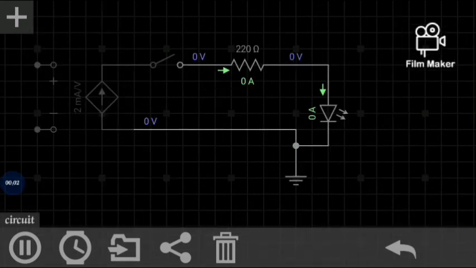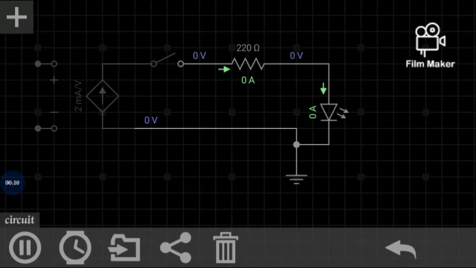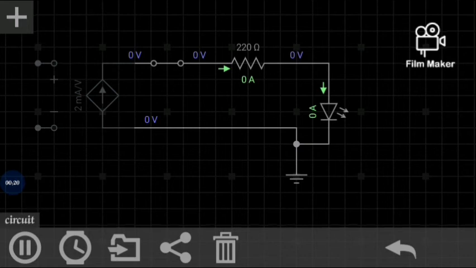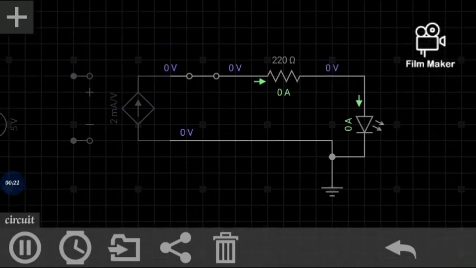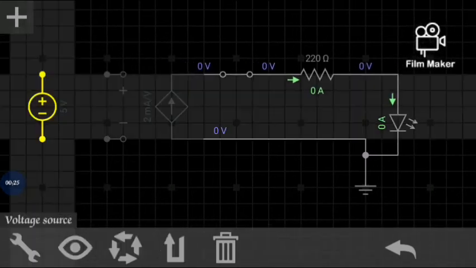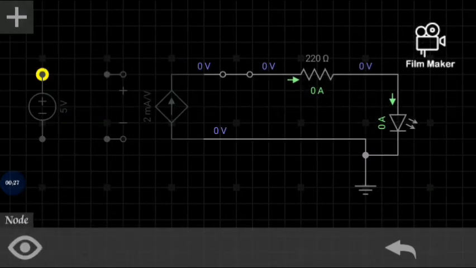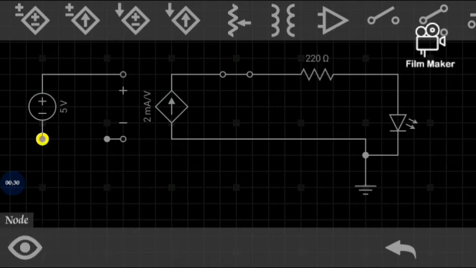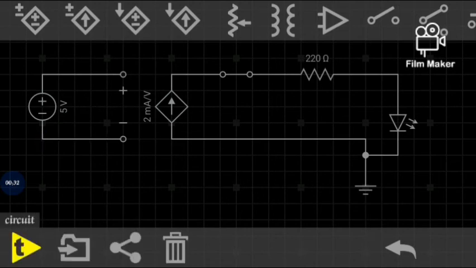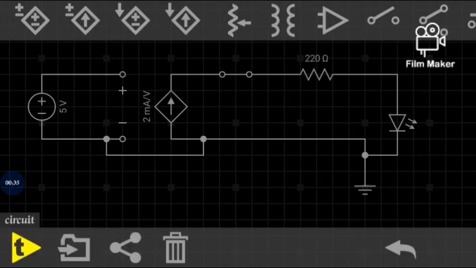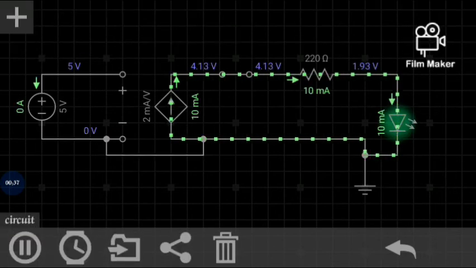There is another illustration of a dependent power supply. This is a voltage controlled current supply. This supplies current to the circuit. Now, if I close the circuit, nothing is going to happen because I haven't attached the voltage that will be controlling the current that is supplied to this circuit. So when I connect the same 5 volt supply to it, connect this 5 volts here, connect this to this guy, the voltage, and then connect it to the ground, and then run the circuit,